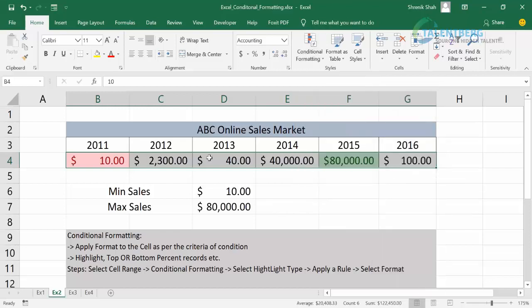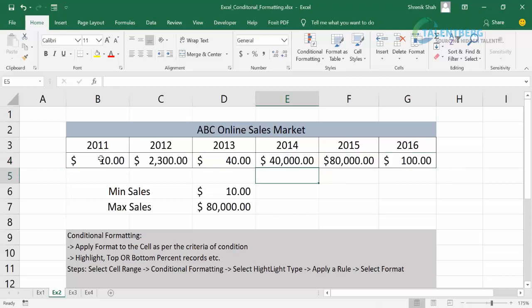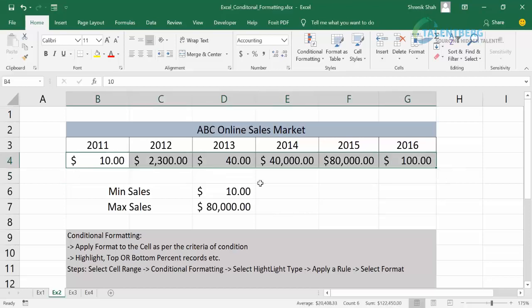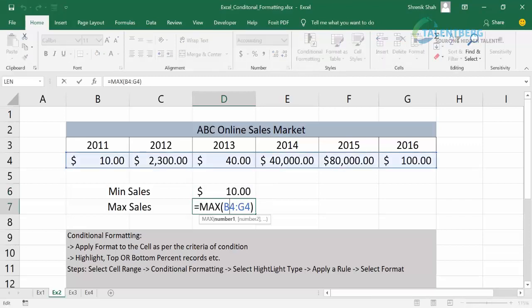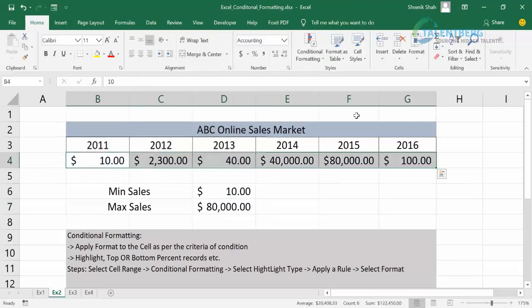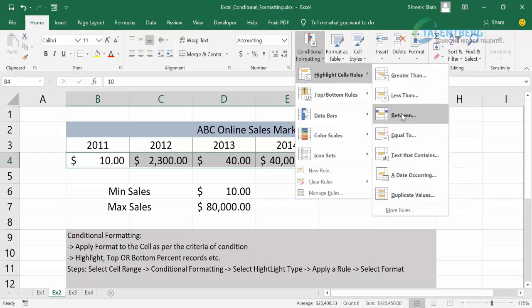My requirement is to change the color of the Excel cell if the value is minimum. From conditional formatting, I clear that rule and I select these cells. We already calculated here what is minimum and what is maximum, using functions. So I select these cells. From conditional formatting, I click on highlight cell rules, and here I click on the option equal to.